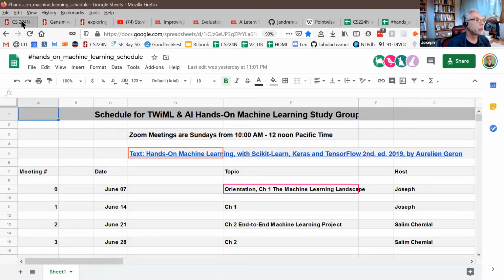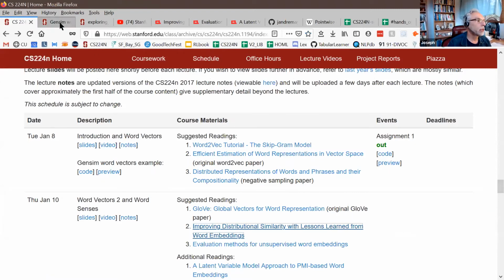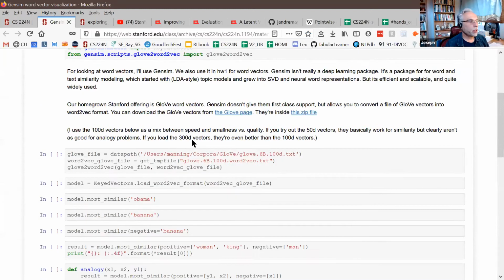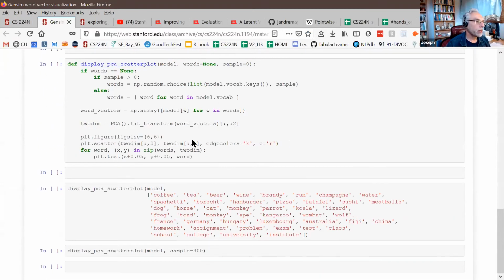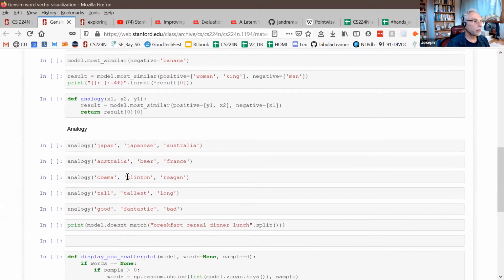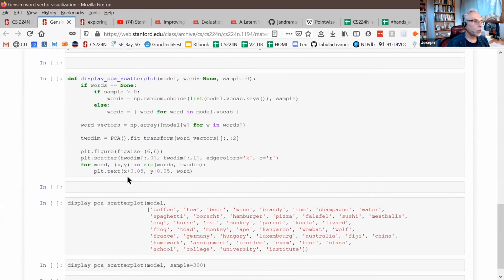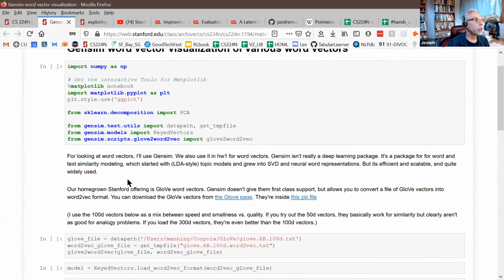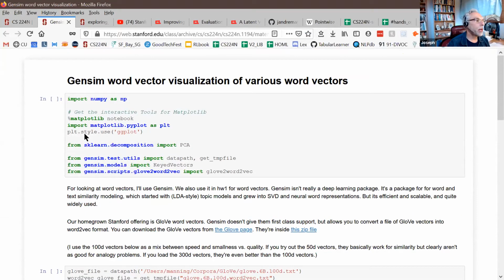Let's get into the class. Okay, I had a little trouble with this from last week. I had a lot of trouble getting Gensim to work, so I wasn't able to finish assignment 1, but I did look through it. This is basically just a little exercise they did to look at word analogies. So this is really easy. I don't think there's anything to write for this one. But you do have to be able to